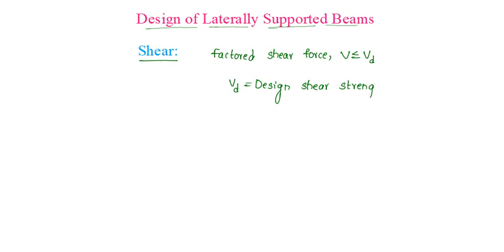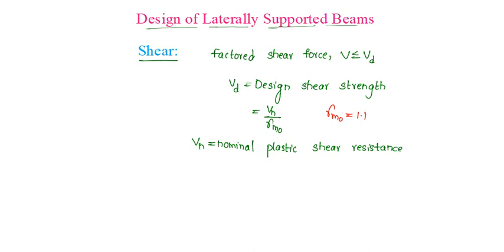Design of laterally supported beams in which shear, factored shear force, V should be less than or equal to Vd, where Vd is design shear strength, which is given as Vn by gamma m naught, where gamma m naught is taken as 1.1 and Vn is given as nominal plastic shear resistance under pure shear,